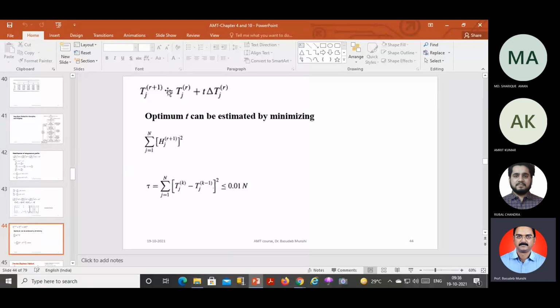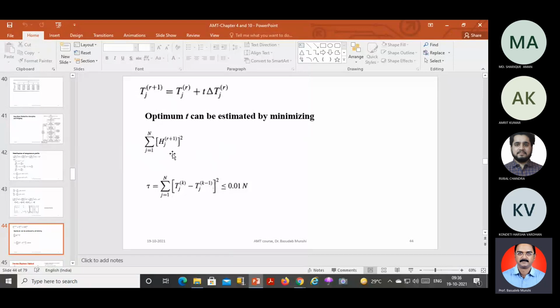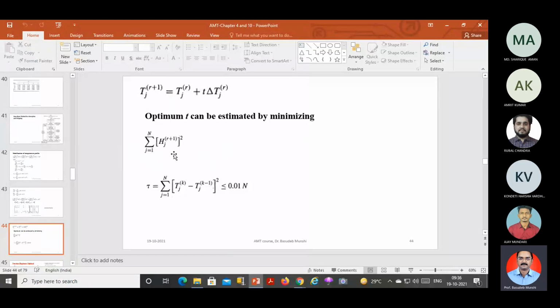You can choose different values of T. For them you will get a set of Tj, and then for any particular set you will get this sum value. So repeat the same thing for other values of T. Then from there you find out the minimum value of the sum, and choose the corresponding T as the final T.